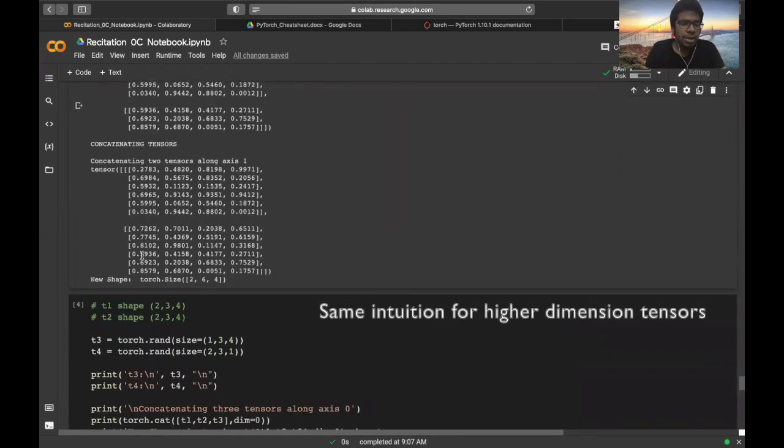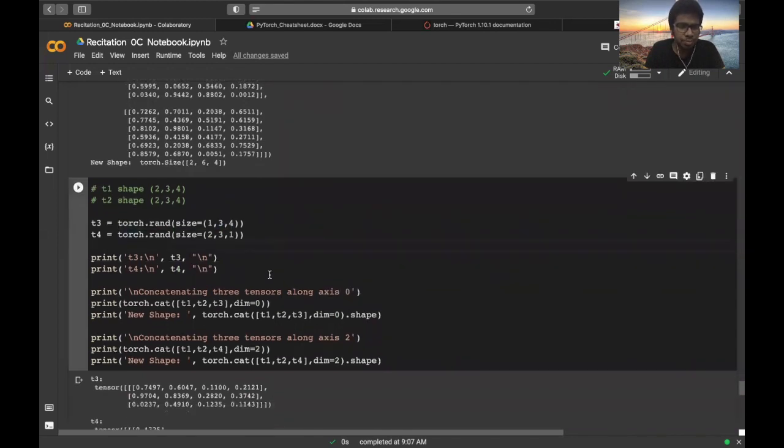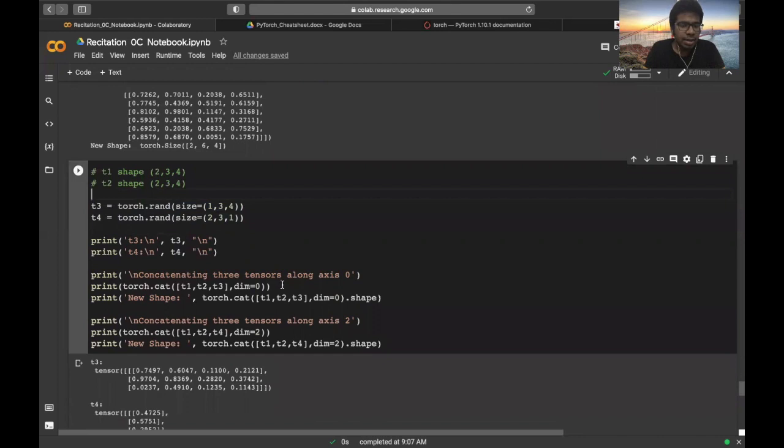Going on to another example of the same operation, we have T3 and T4 defined, of shapes 1 cross 3 cross 4 and 2 cross 3 cross 1. Now we are concatenating tensors T1, T2, and T3 along axis 0. One thing you have to notice, guys, is that apart from the axis specified in the dimension parameter, the other axes should have the same shape.